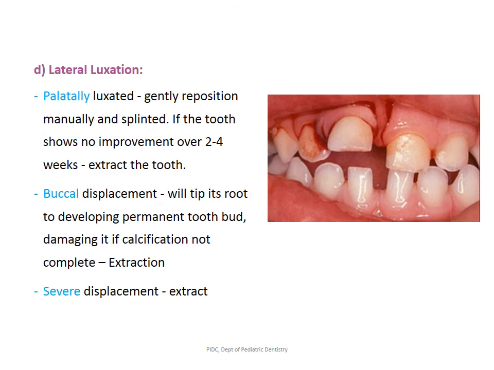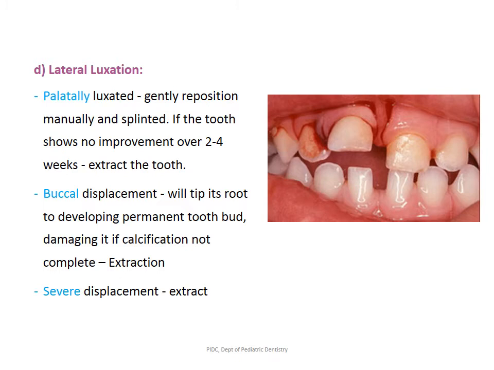Any type of luxation, that is lateral luxation injury, so we need to see if it is palatally luxated, buccally luxated, or severely displaced. If it is palatally luxated, we generally need to reposition the tooth manually and splint it, and if the tooth shows no signs of improvement over 2 to 4 weeks, we need to extract the tooth. If there is buccal displacement,